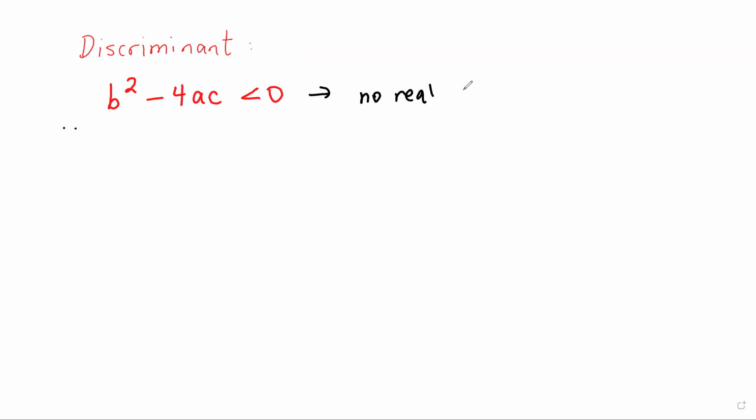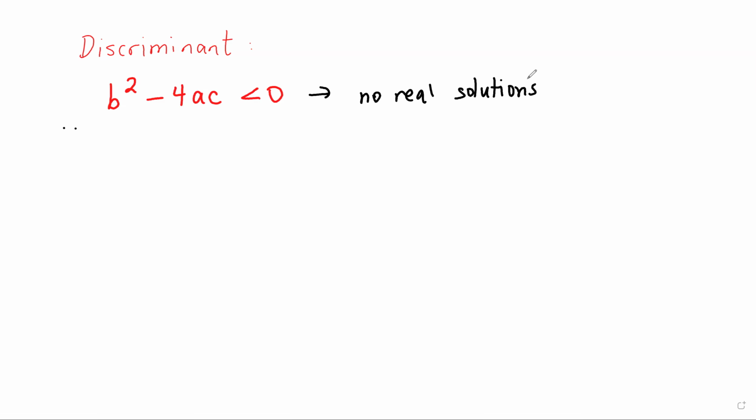solution or not, we could talk about what is called the discriminant, right? Yeah, the discriminant is b squared minus 4ac. All right. When b squared minus 4ac is less than 0, meaning that when it is a negative number, right, then the quadratic has no real solutions, right? So the quadratic has no real solutions,